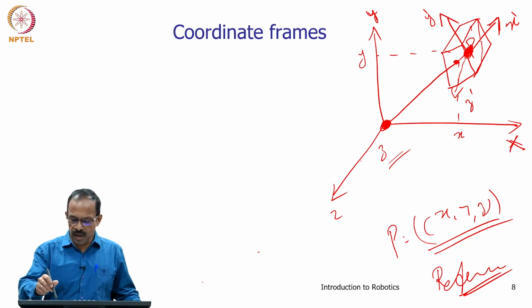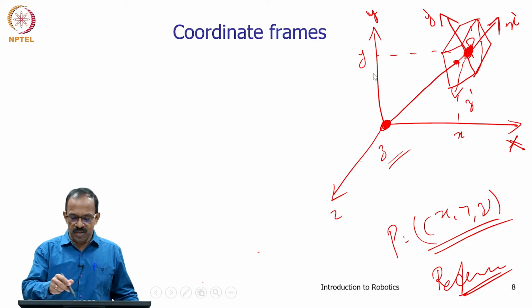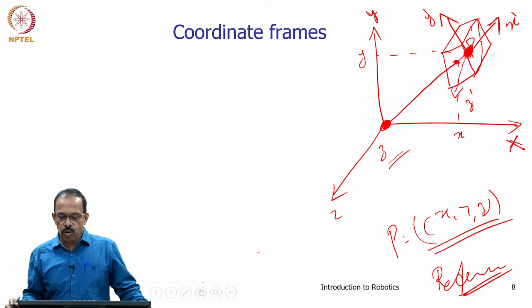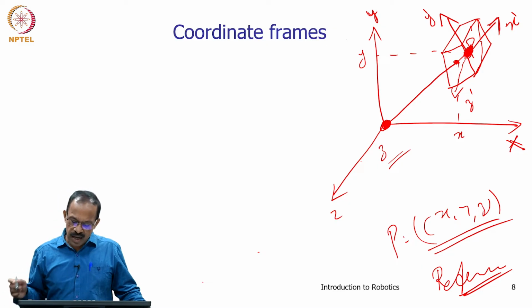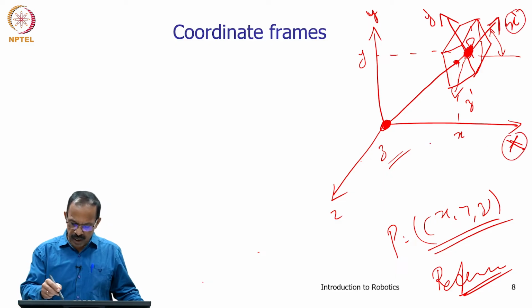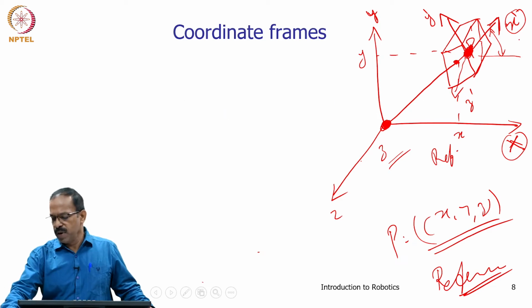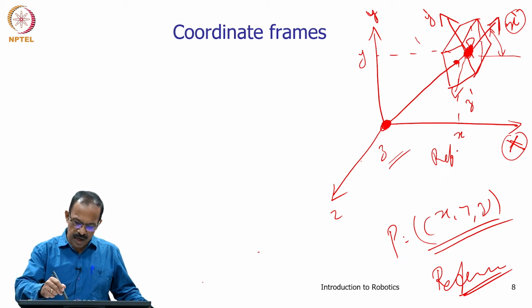So, if we know the origin of this frame, then we can represent the origin of this frame using the coordinates as the position of the object, and the orientation of the object can be represented with reference to this frame. So, what is the orientation of this frame with respect to this frame? I call this the reference frame and I call this the mobile frame, or an object frame, whatever name you want to call it.